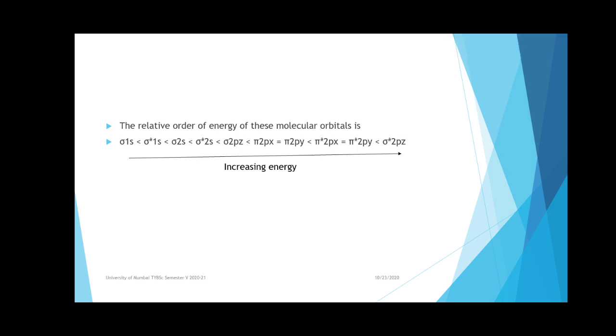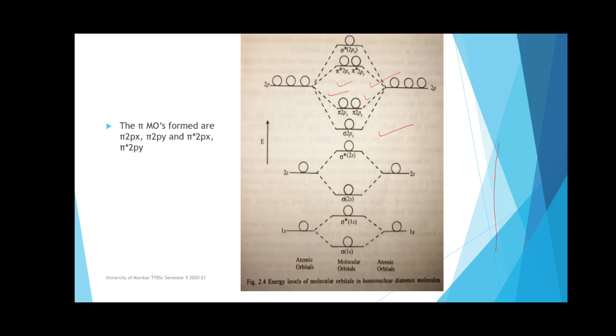So this diagram is called the general MO diagram for homonuclear diatomic molecules. A little bit of the same type of diagram you can observe for heteronuclear diatomic molecules, only there is a slight change in the energies of the orbitals. Okay, so up to that point we have solved the MO diagram. Now we will stop here.